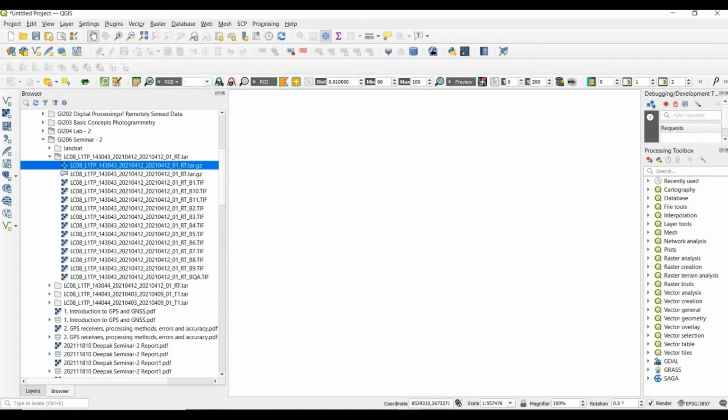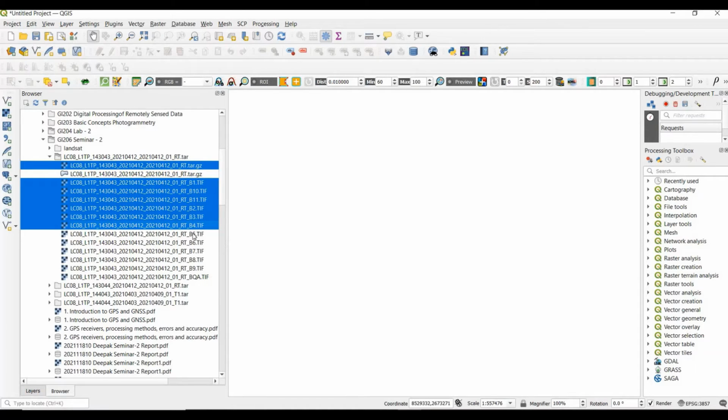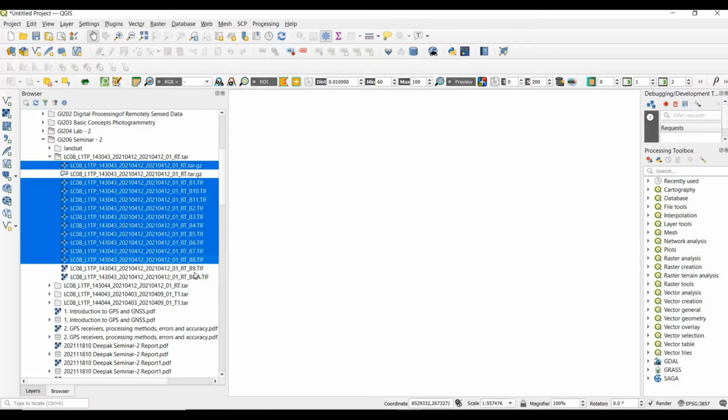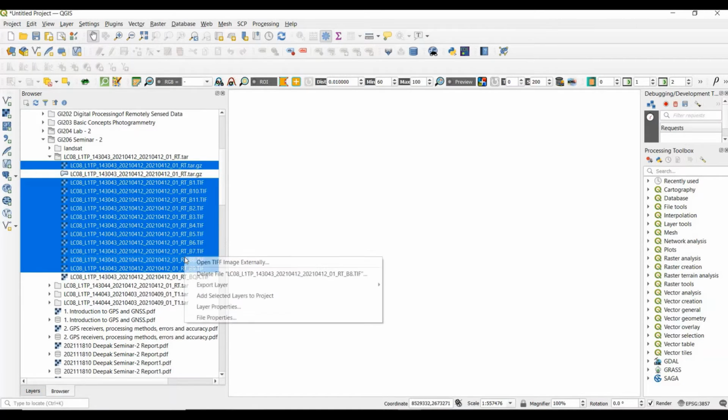By selecting all these layers, export layer, select, add selected layer to project. When we choose this option, all these layers are added to our QGIS workspace.